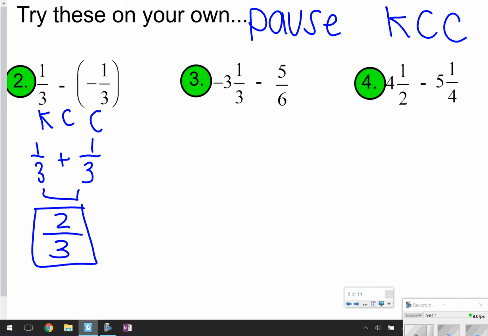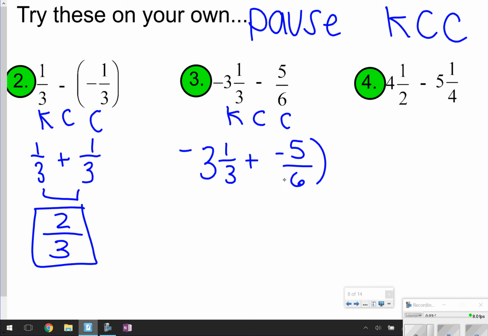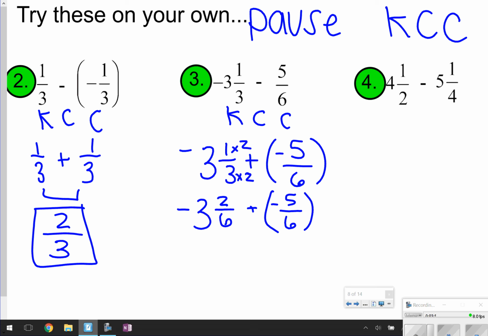Number 3, a little bit different. Again, KCCing though. -3 and 1/3 plus -5/6. Before I can do anything, I need to have common denominators. I know that I can change 3 into 6 by multiplying it by 2. So -3 and 1/3 is actually going to change to -3 and 2/6. Still having over here -5/6. And noticing as well, I've got same signs. So I'm going to add and keep the same signs. So I've got 2/6 plus 5/6. That's going to give me